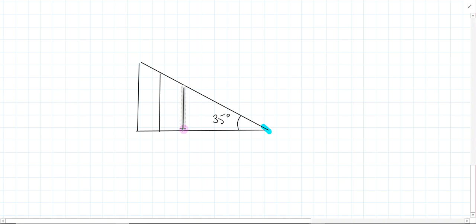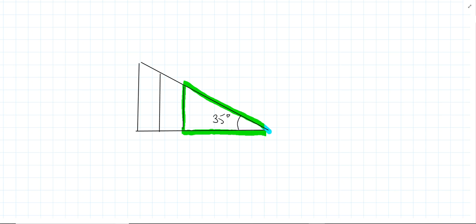As I move this side in, the triangle gets smaller. So this one, although it's an angle of 35, the hypotenuse, the what side? Opposite. Right, so I can't tell you the lengths of the triangles, but you can tell me the ratio